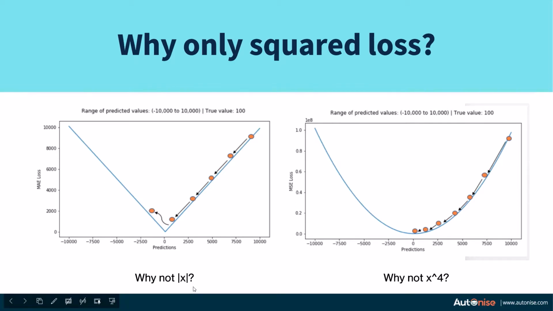So sometimes we use the norm of x or mod x as a loss function to train our models, and it is called the L1 loss. We can also have the function x power 4 that also works, but people have experimented with mod x or x square and have usually found that x square works good empirically.